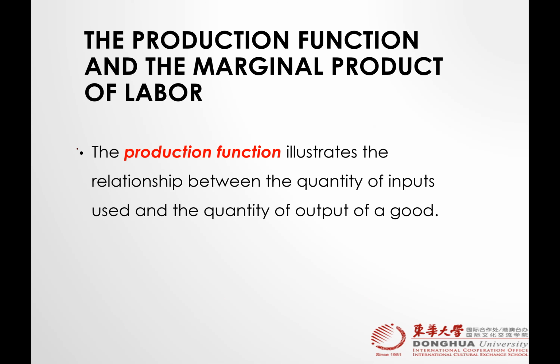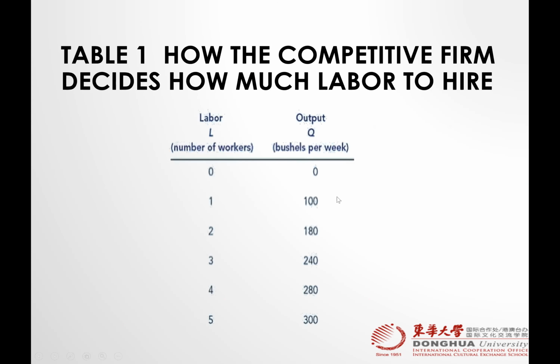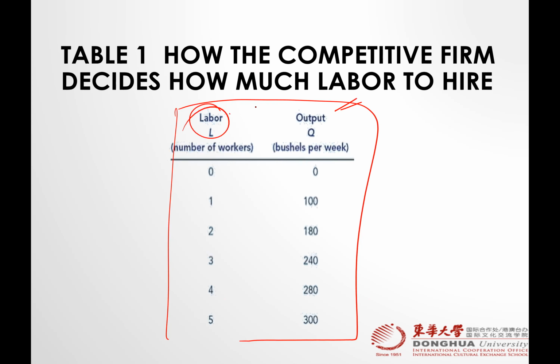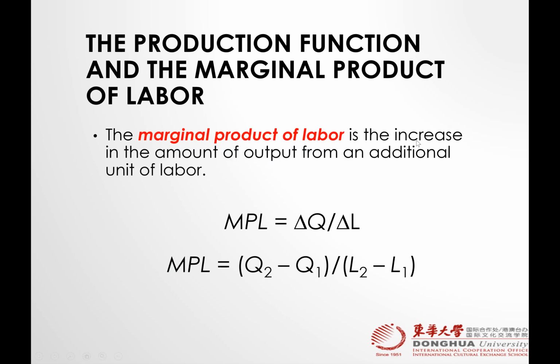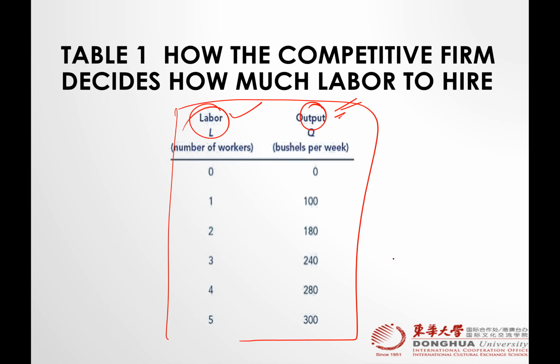We already studied this in the cost of production chapter, where we learned about the marginal cost curve and the total cost curve. We learned about the production function, which illustrates the relationship between inputs and outputs. This table is called the production function table, which shows the relationship of inputs and outputs. If you draw this, it looks like this.